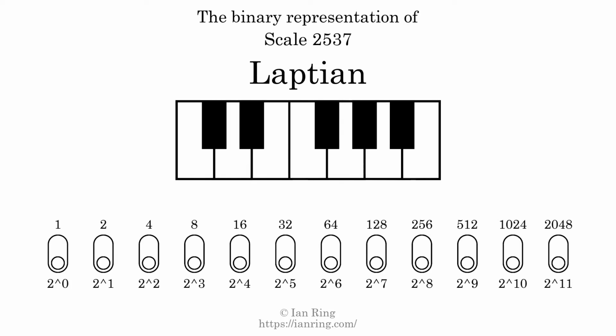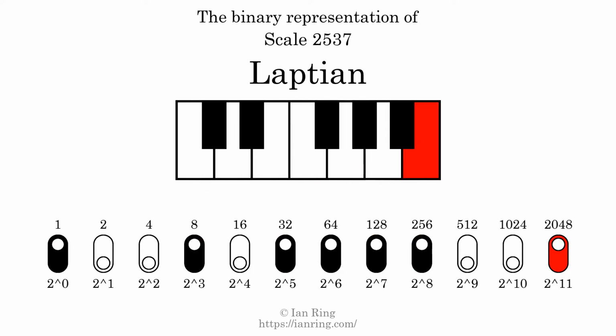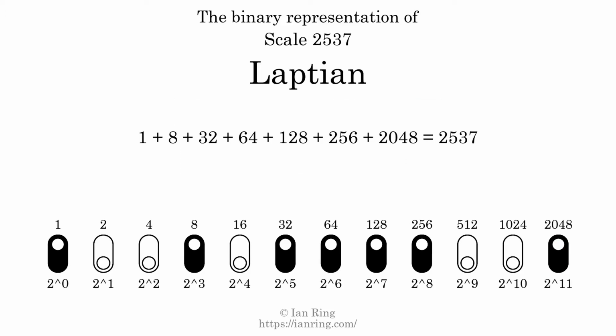The binary representation of this scale is determined by mapping tones of the scale to binary digits. Each binary digit represents a power of 2. To get the scale number, we add the powers of 2 together. The powers of 2 that are present in the scale, all added together, equals 2537. That is why the scale number, in decimal, is 2537. The scale number not only enumerates the scale with a unique index, but it also literally describes the tonal content of the scale. Represented as a binary number in base 2, the scale number is